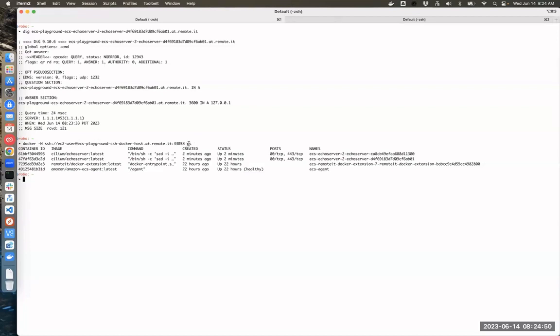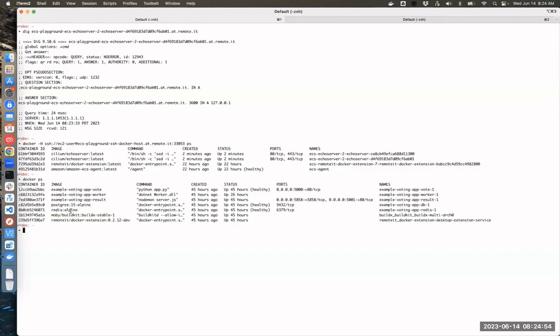So this is not my local one. If I do a Docker PS on my local one, you see there's a difference. I'm actually telling it the host is a connection out to that ECS cluster. I am running remotely commands that you would normally SSH into it and run this command on the instance. I'm running it from my local machine.